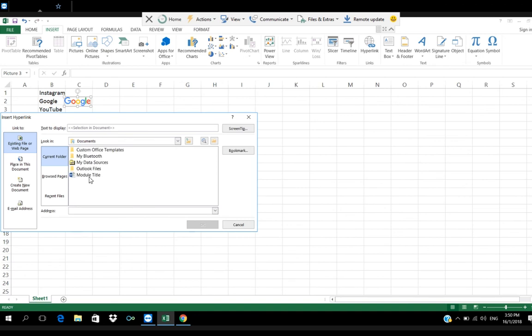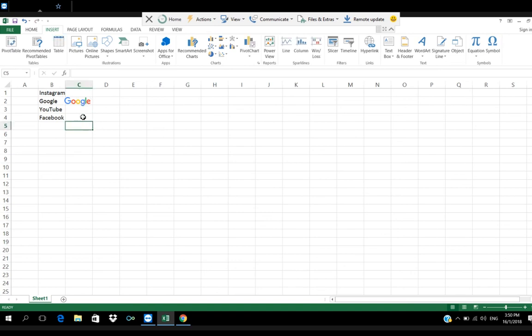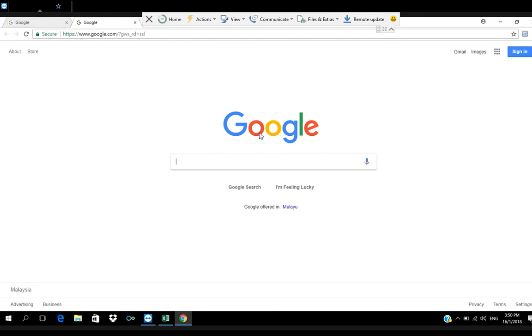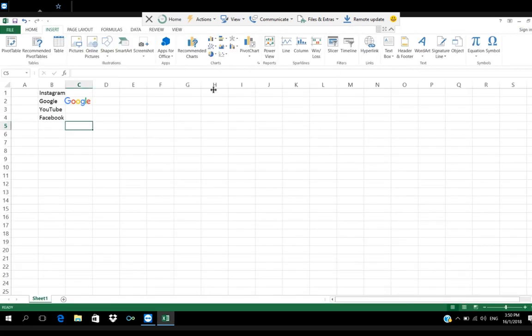Under Hyperlink you type the address, which is the World Wide Web. Yeah, it automatically shows Google. It's good. Click OK. After that, by clicking this image, it can also bring you to Google, which is much nicer compared to the URL provided over here. The image will show nicer.